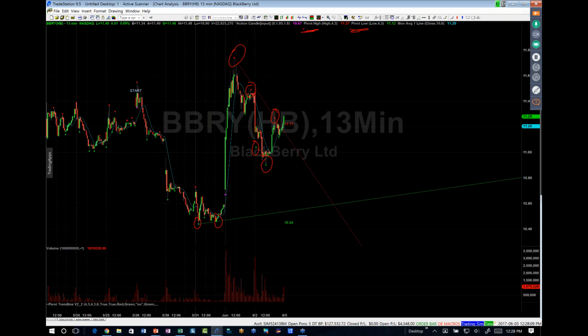You can tell it how many candles to the left and how many candles to the right you want it to be. Now I use 4, so 4 to the left and 3 to the right. But you can define that. You can make this 10 to the left and 10 to the right, and then it's going to have fewer of these inflection points on the chart because it's harder to qualify. These ones wouldn't qualify. It would be this one, maybe this one, this one. So you get fewer of them. For our purposes, and what I'm going to teach you in the strategies, I find 4 to the left and 3 to the right works best.